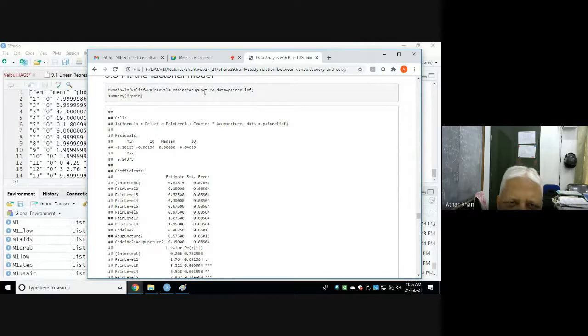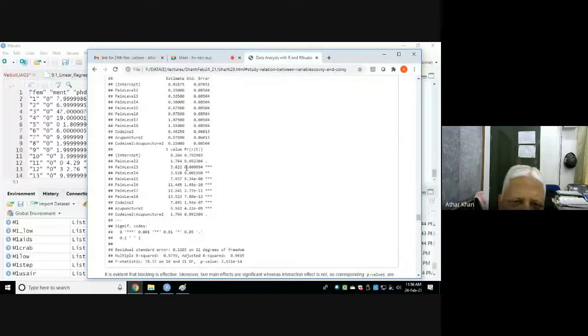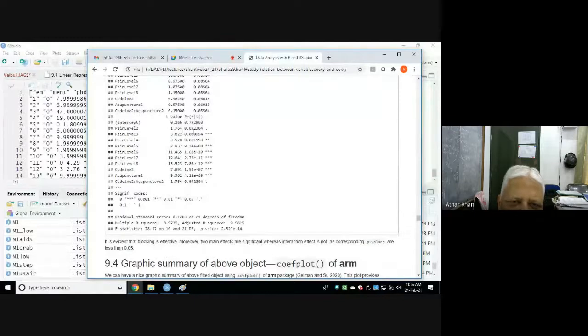So this is a short way of writing it. These are the estimates, and this is the analysis of variance. See, the block level, pain level one is missing, so that becomes the reference level. And see, all these are significant differences.